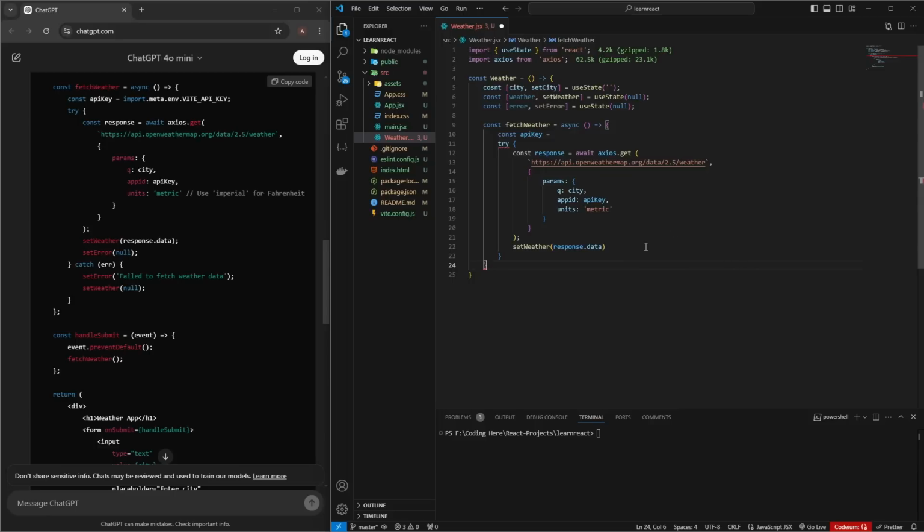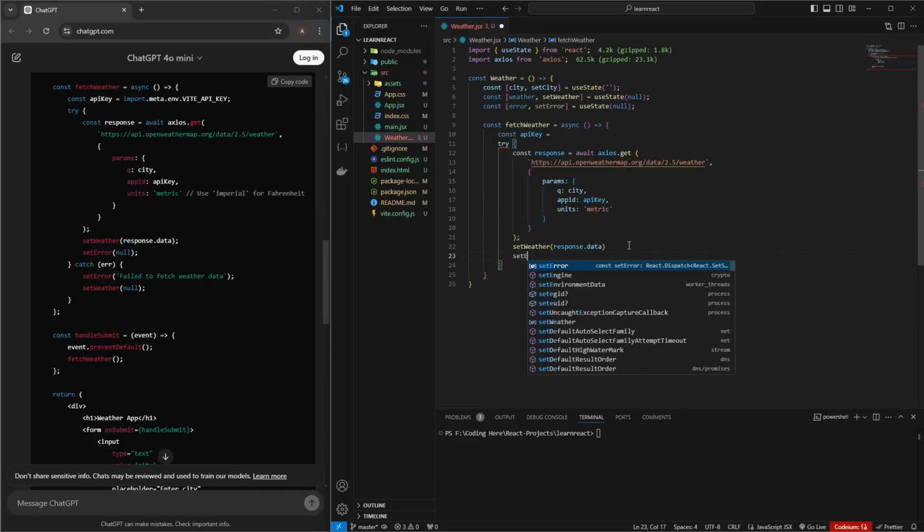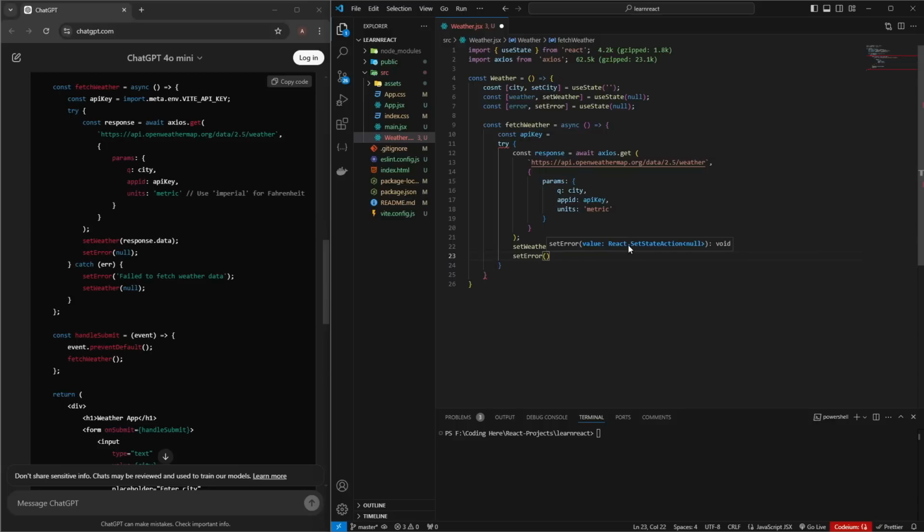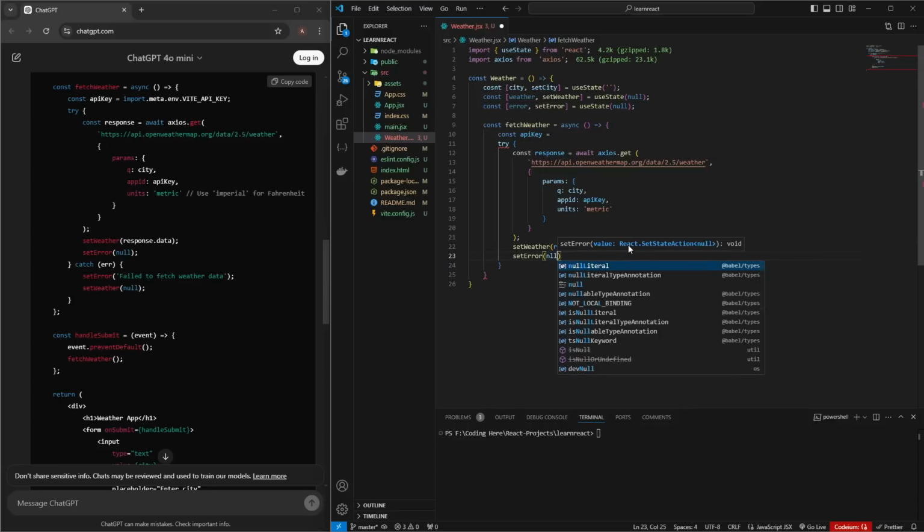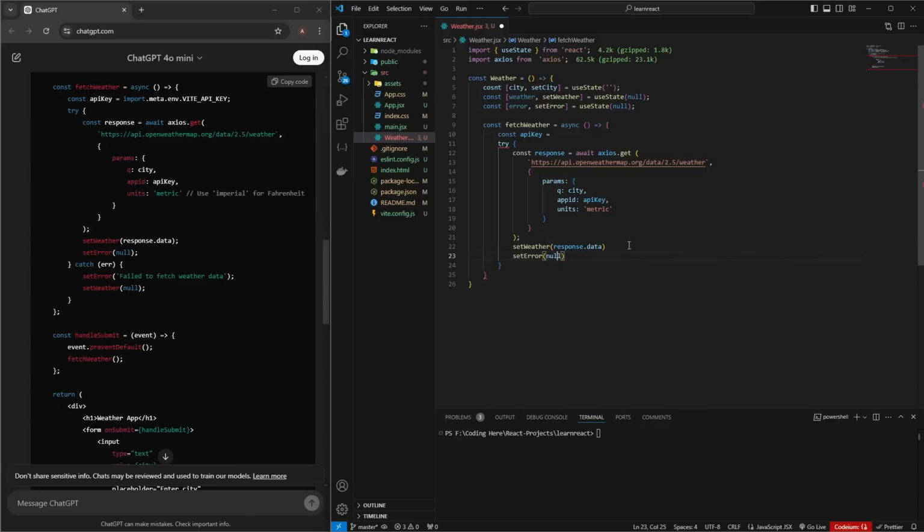So I understand coding but I can't write it, so you have to practice to understand how it works, and one day you can write the code. So then fetch weather, set weather, yeah, so you have to set error, set error to null, and you don't forget the